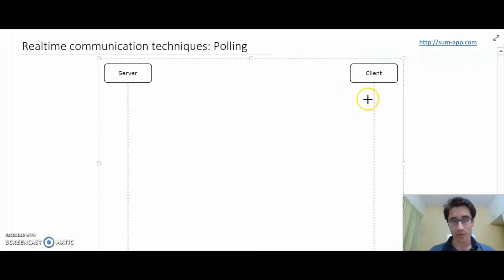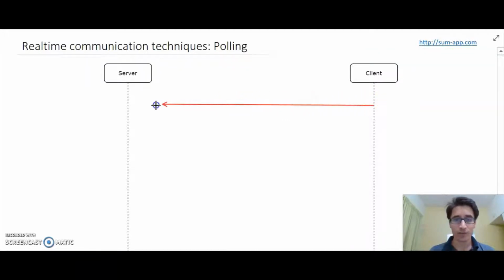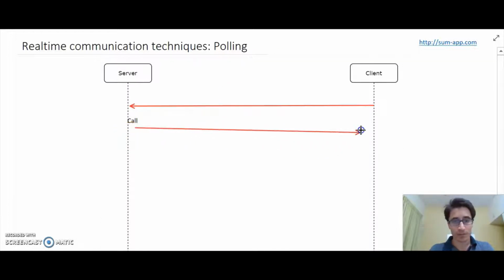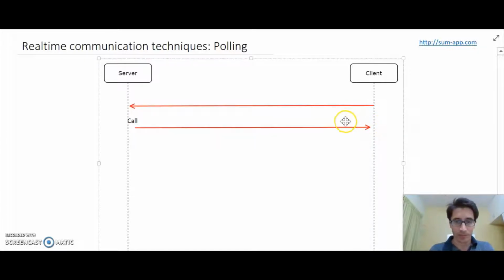So how does the pattern start? As we know about typical client-server communication and HTTP calls, a client initiates communication by sending a call to the server and gets a response from the server back to the client with the data. Interestingly, as you can see, the data that the client gets is in response to the call, right? If meanwhile another client has influenced the application data, this client now is out of sync with the server.